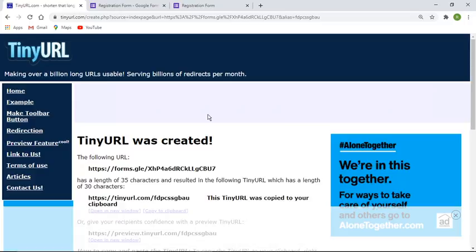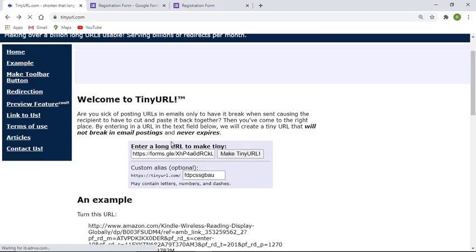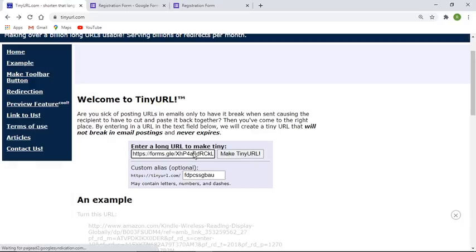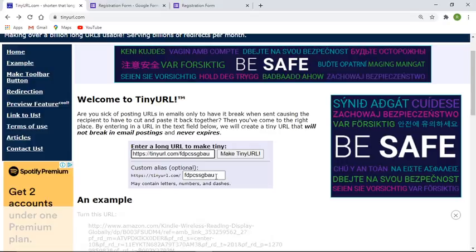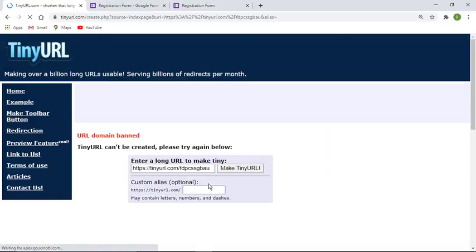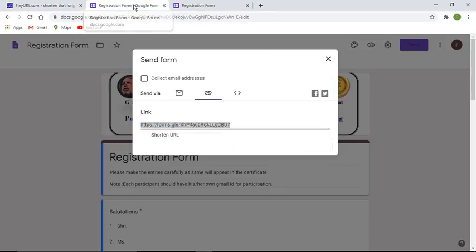Okay, of course if you have not chosen the customize option, just like I have given in the previous example, where we have pasted the thing, then it is going to create it on its own. So make tiny URL, and automatically it is going to create a tiny URL of its own as per its need. Just like it is showing me, okay, this is the tiny URL which has been created. You can create another URL in this way also.